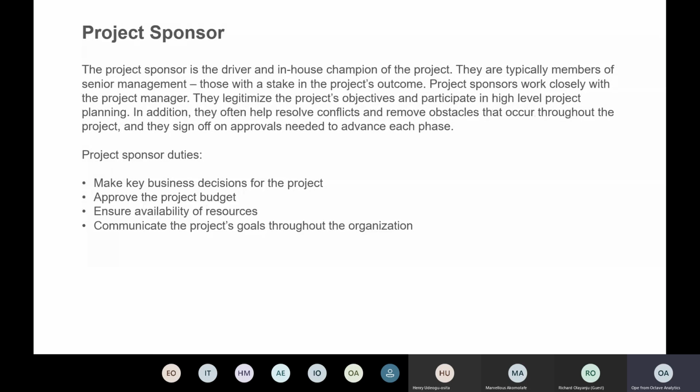They are the ones interested in the project in the first instance. They could even be the visionaries. They might be the one who thought of the project and said, oh, we need to create this. Sometimes for organizations, it could be the executive director, it could be the CEO, it could be